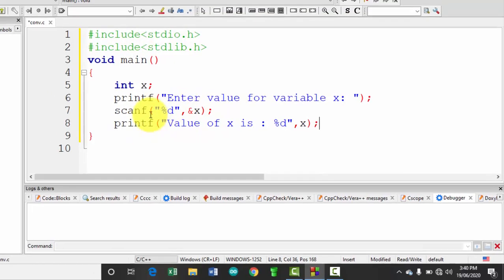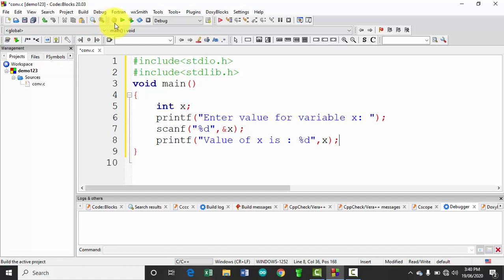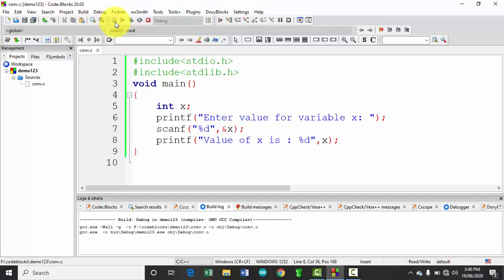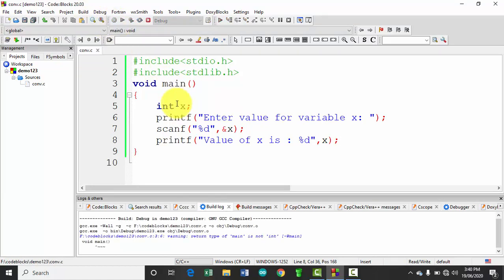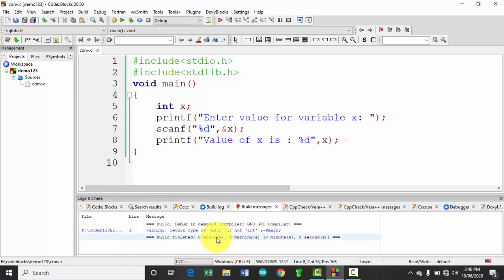So this is the code that we have written. Now first build this code. So no error.